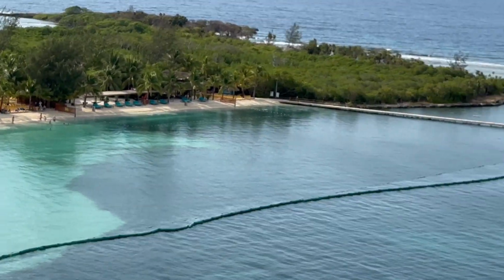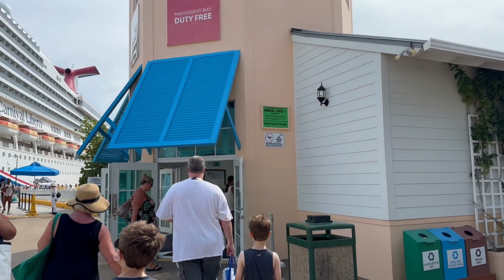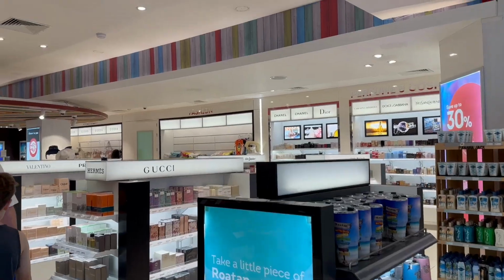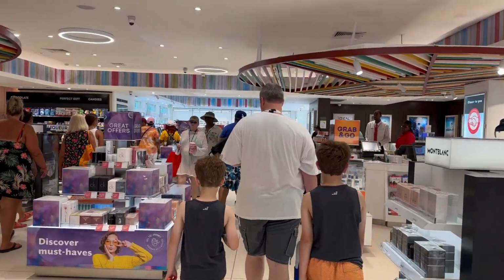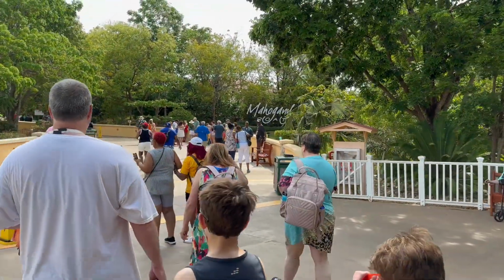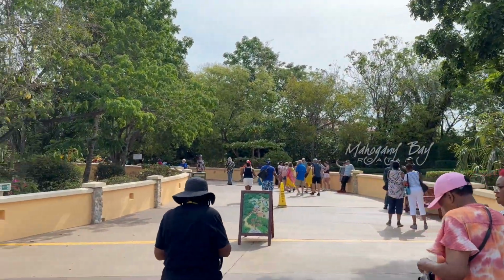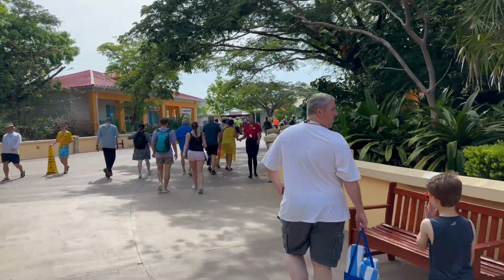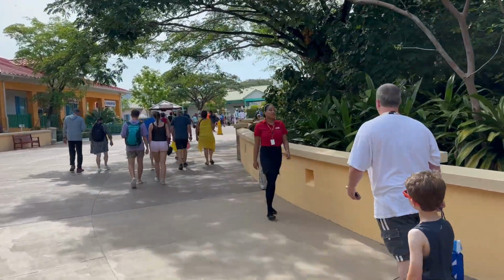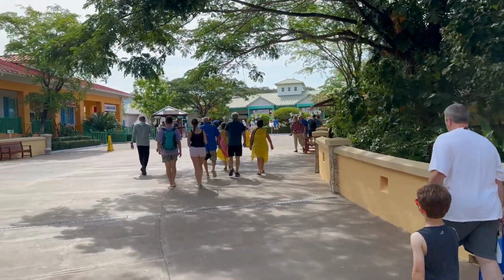So when you get to the end of the walkway, you're going to have to go through the duty-free shop. And you can see it's very close to the Carnival ship there. Once you get through the duty-free area, you do have a little bit of a ways to get to any of your tour groups. Now, this is the Mahogany Bay port, and you can see there is a little elevation for anyone. You do have to go to the top of this to meet with any of your ship shore excursion groups. They had both Carnival and Princess up at the top of this hill,